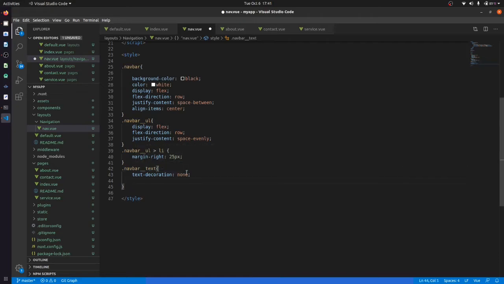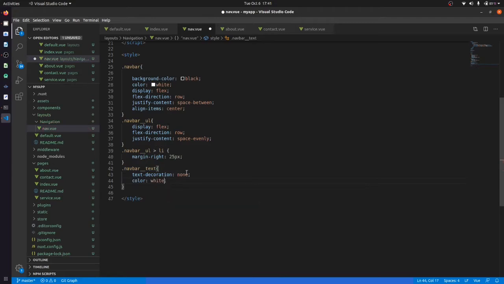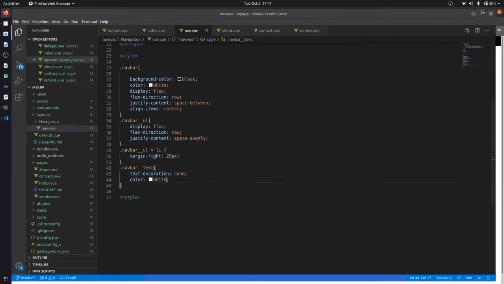Text decoration none, and color should be white. Yes, we have done that. About page, contact page, service page, home page. Okay, so we have done it.